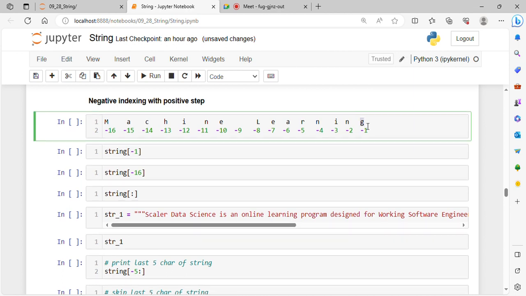Starting from the last character to the first character, the characters are numbered in this sequence: -1, -2, -3, -4, -5, in this way. Okay, so positive index was 0 1 2 3 4 5 6 up to 15. Here it is -1 to -16. Okay, now